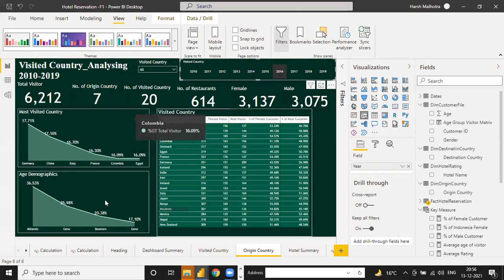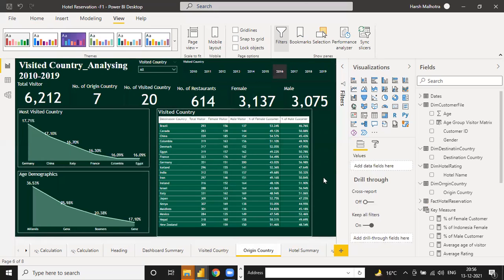And after that, suppose your Power BI report is complete, then you can publish the performance and summary into Power BI service. Okay, then publish, and then your report is ready, and then you can share your report with anyone.